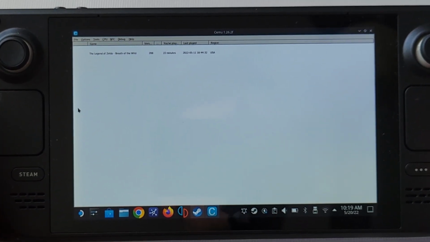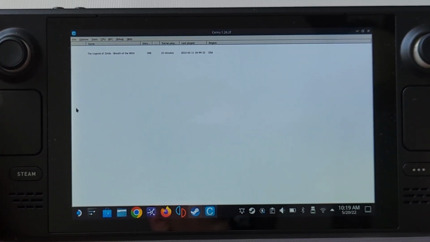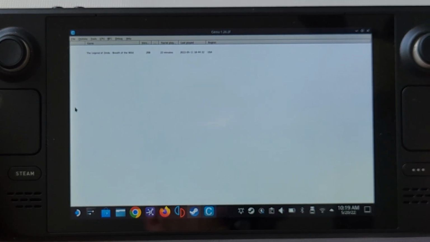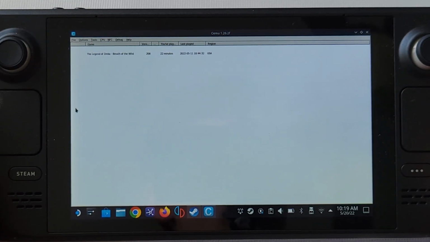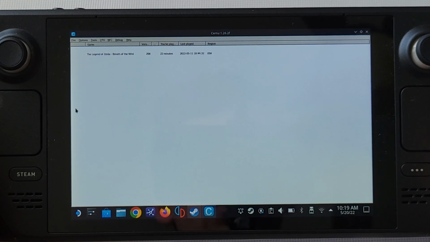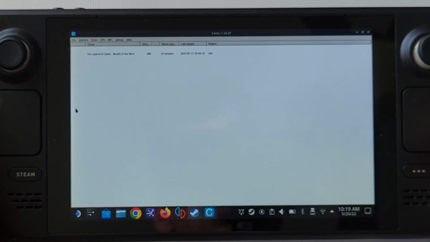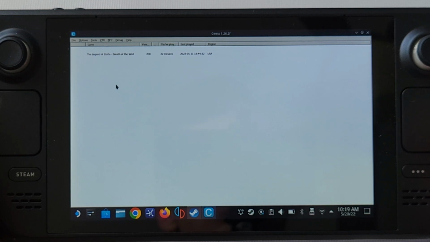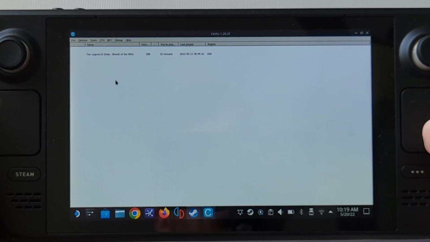This is going to be a quick settings guide to go through Breath of the Wild and Cemu. This is just to get the best performance possible at the moment. Cemu is currently just for Windows, but they are working on a Linux version that should be out in the next couple months. But for now, this is going to be a quick guide to get you started with Cemu